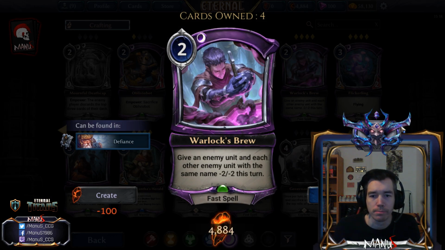Next we have Warlock's Brew. For 2 power, fast, you give an enemy unit and each other unit with the same name -2/-2 this turn. Anyone coming from Magic, this is basically exactly Echoing Decay,